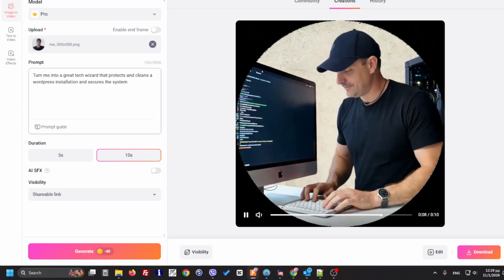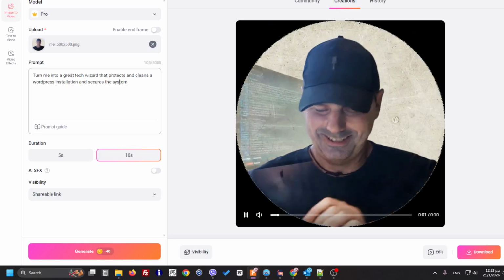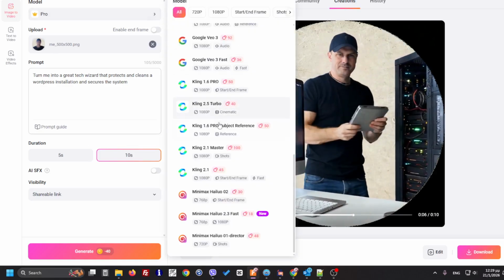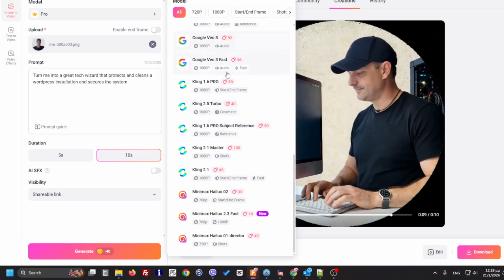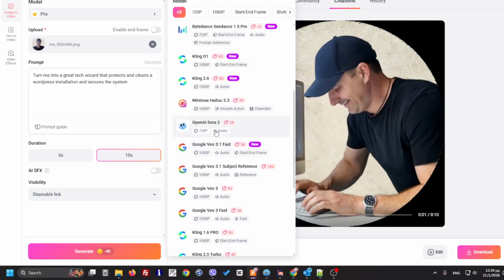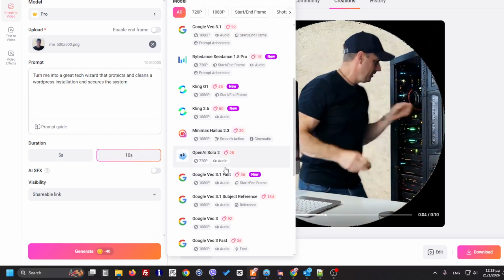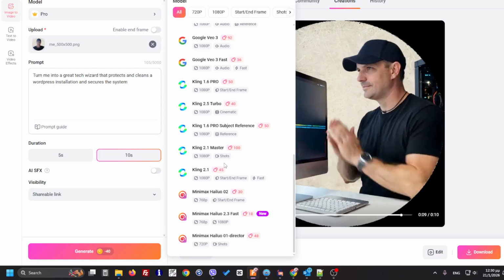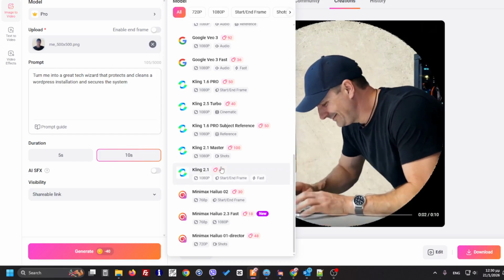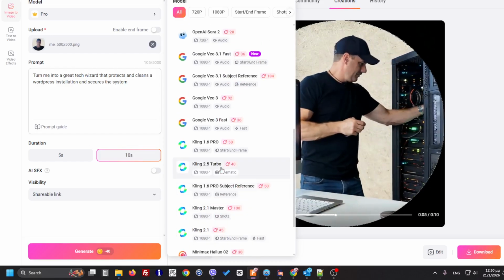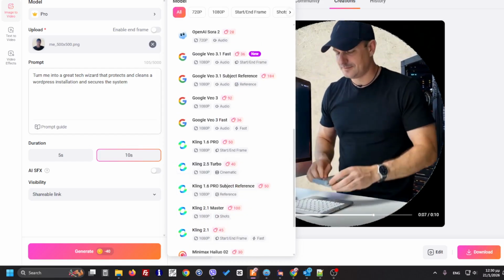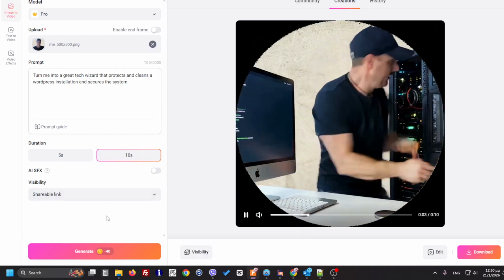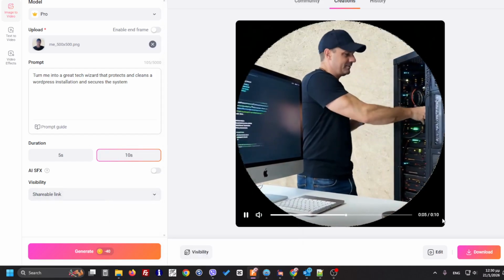Behind the scenes, I can choose from powerful AI engines, like let me show you here, because FlexClip was updated, and now you can use Google Veo, you can use Sora, you can use ByteDance, you can use Minimax, any of the versions, and you can switch between different versions. You can use the Kling, and in seconds I generated a 5 or 10 seconds. I selected here 10 seconds video,